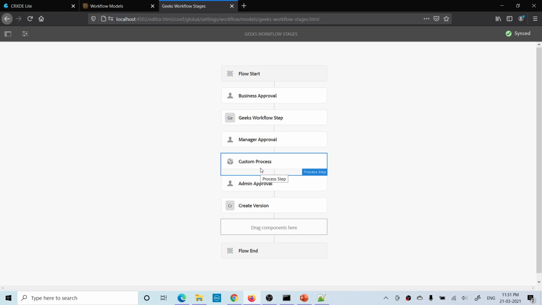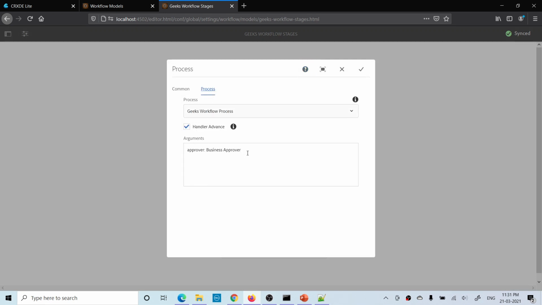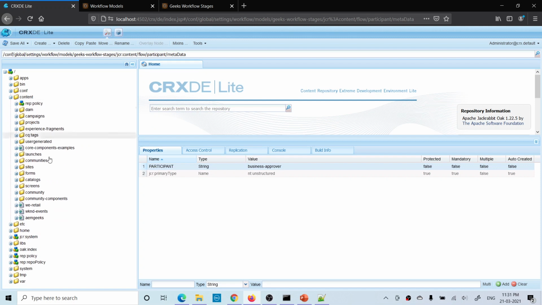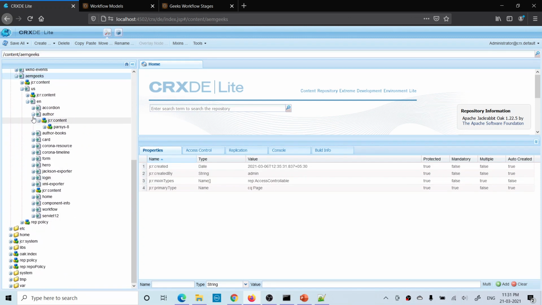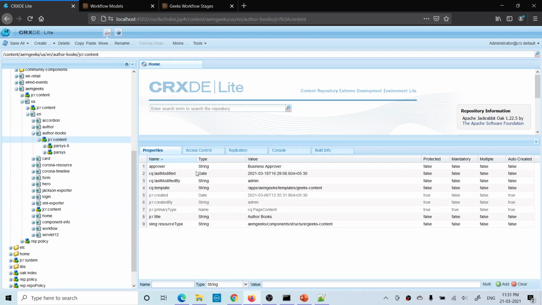Once this is executed, a property has been added to the payload, meaning that page. So what property should be there? This one, what I added here, like approval equals business approval or something, right? So go here, go to the page just to verify this. Okay, this was my page. Open it. You will see an approval property has been added. I added the business approval, even though it's a manager, this is just a text that I added. And even if I open this page,